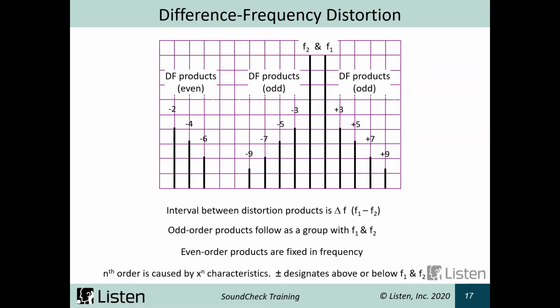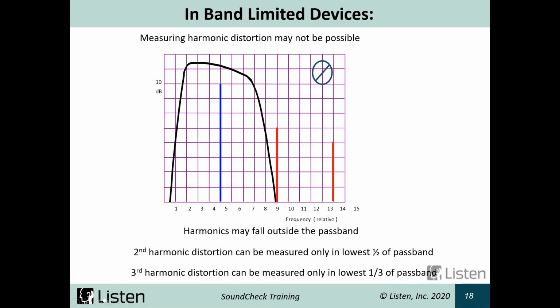And the nth order is caused by x to the nth characteristics. Positive is above F1 and F2, negative is below F1 and F2. So let's think of the example of a band-limited device. Here is a device that can't play above a certain frequency and then falls off below another frequency. If I'm trying to measure, say,